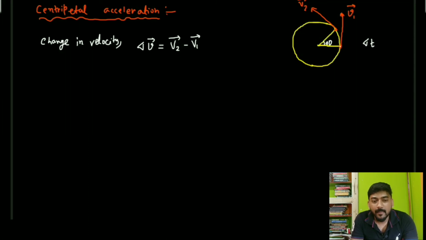Now how can you make this vector subtraction? You have to know the angle between v1 and v2. So what will be the angle between v1 and v2? If you extend this, this angle will also be del theta. You can easily find this by simple geometry: if this angle is del theta, then this angle will also be del theta. You can easily prove it, because this angle is 90 degrees, you can see this angle is 90 degrees.